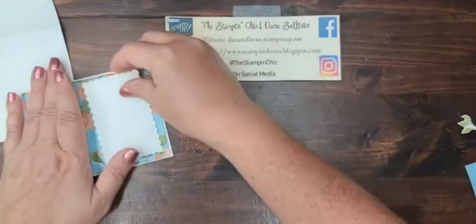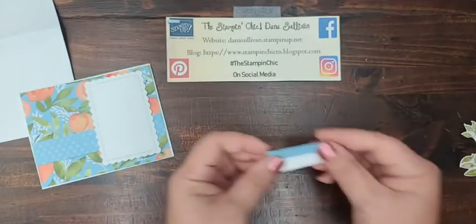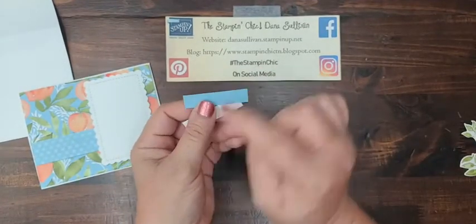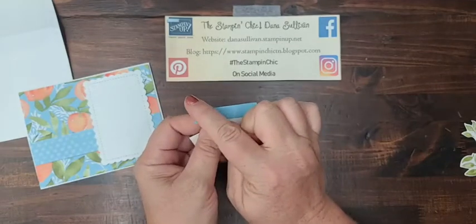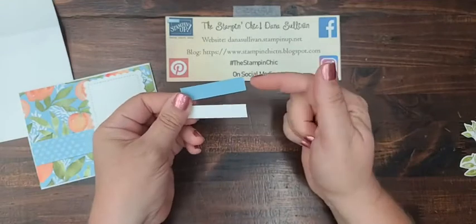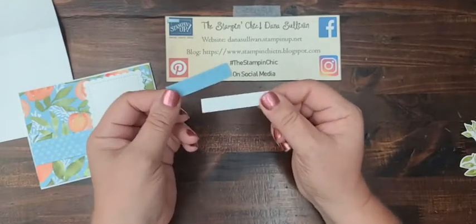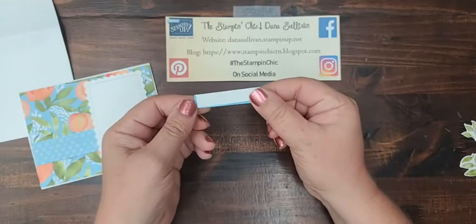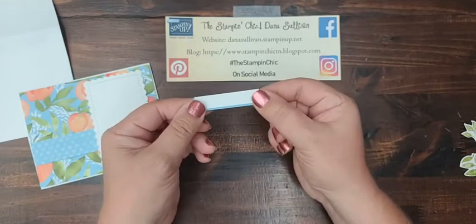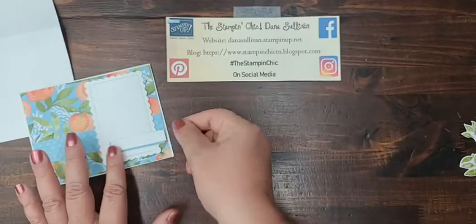And it's just going to go right about there. And then I have a couple of little scraps. I've got 1/2 inch by 2 1/4 inches for both pieces. This is Balmy Blue and this is Basic White, and it's going to be for our sentiment. We're going to double them up a little bit so we have a nice little shadowy area, and it'll go